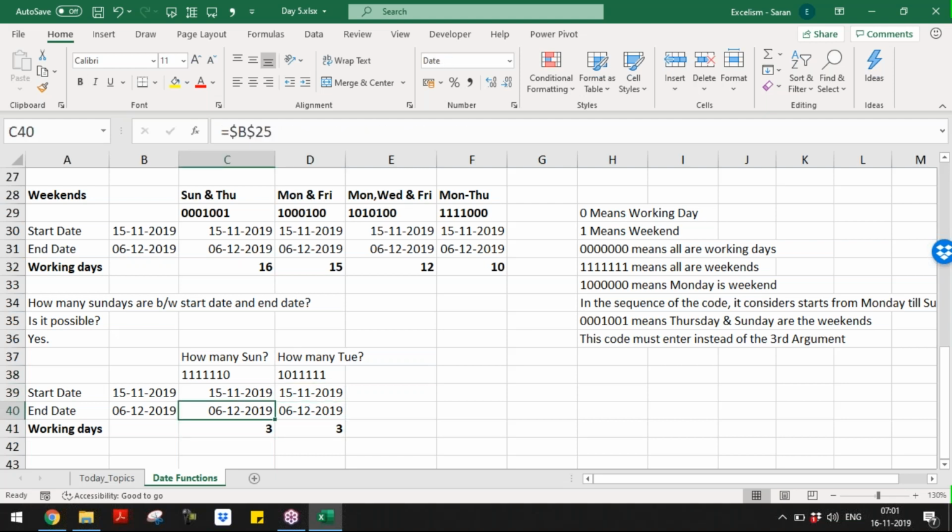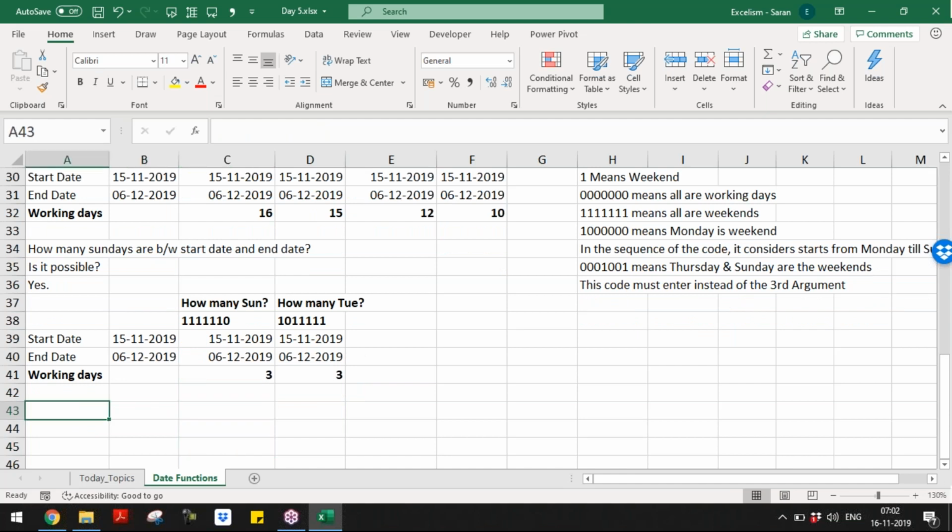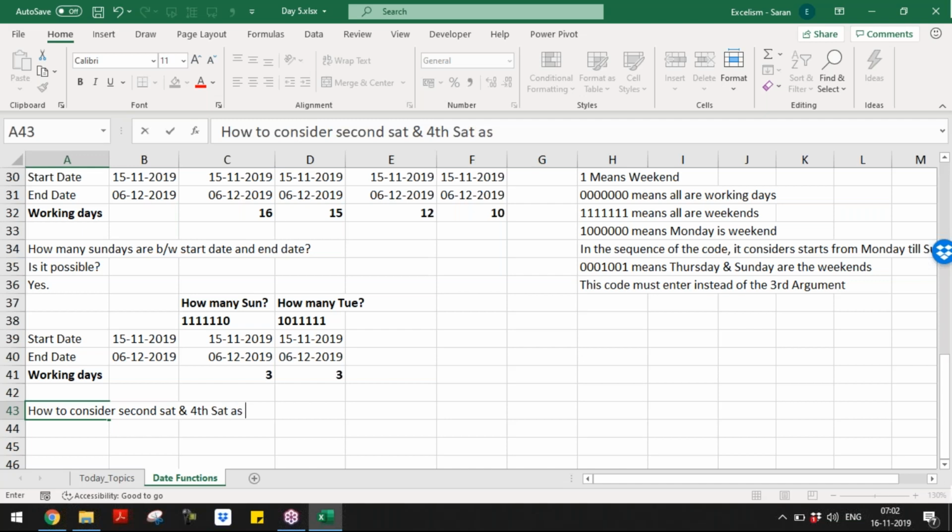This is the way we consider. Now, if I ask you the question, how to consider second Saturday and fourth Saturday as a weekend? Because generally we get this for Indian government employees. Yes or no?